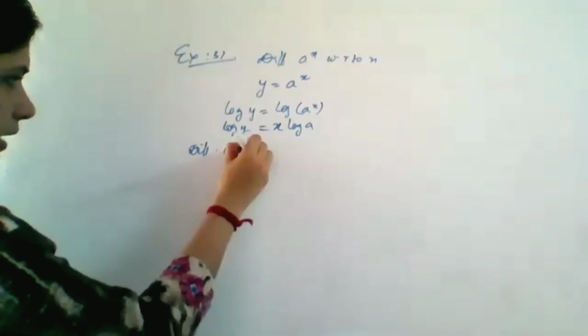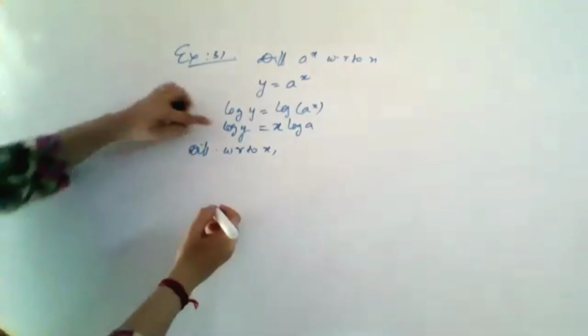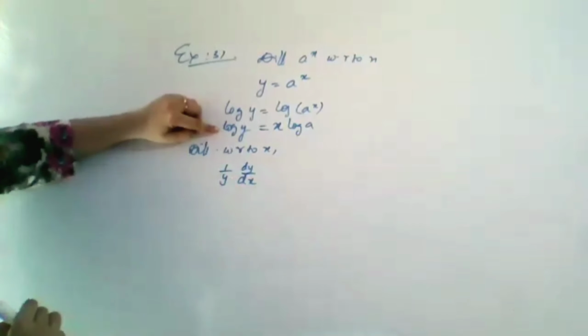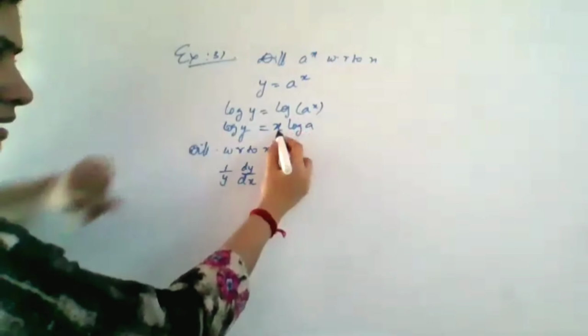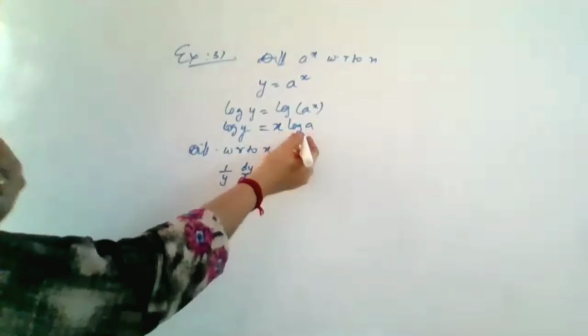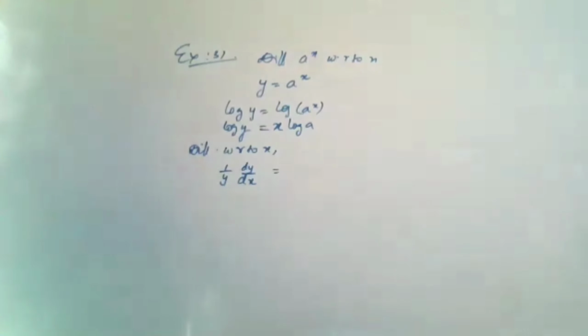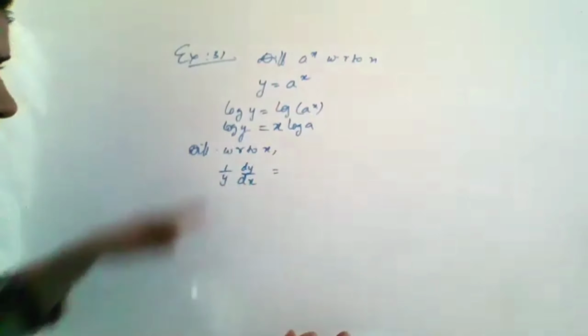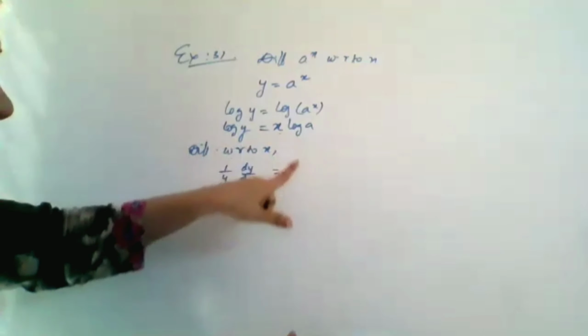Differentiating with respect to x, we will get log y as 1 by y into its derivative, which is dy by dx, is equal to, this is actually two terms. Either you can take log a is a positive constant they have given in the question itself. Directly you can just infer that log a is a constant. You have to differentiate only x with respect to x. So you will get only what?